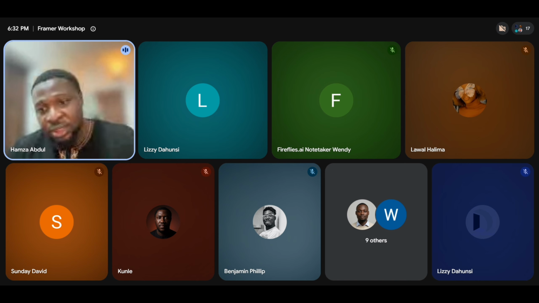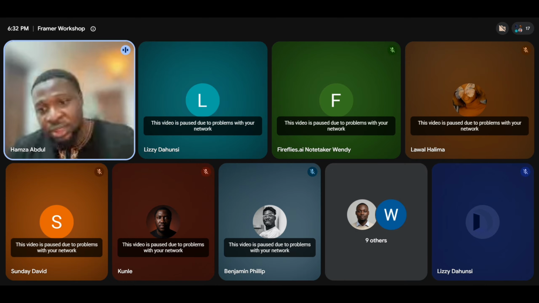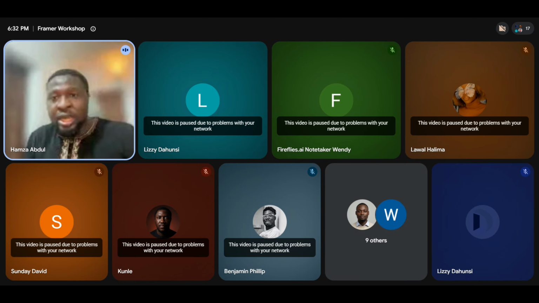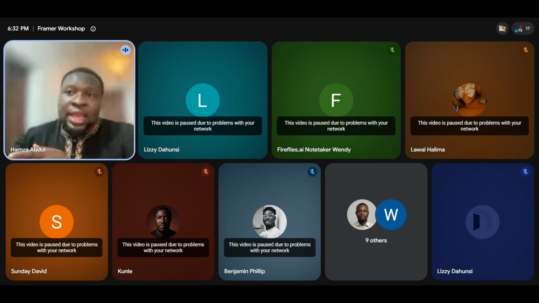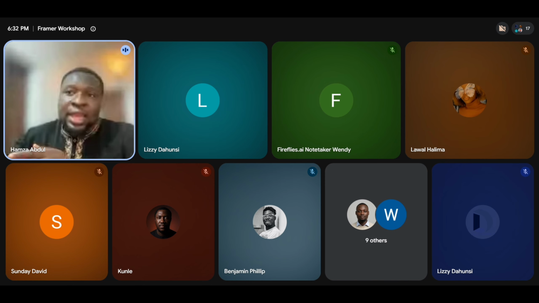All you want to do is just make sure that for each step that you are doing, you are always browsing. You can just browse how to design the website. Then how do I connect Framer to Airtable? How do I connect Framer to Make? How do I connect Framer to LinkedIn? How do I make AI scrape data and show it on Framer? There's a video for it. If there's no video for it, there'll be a documentation for it, right? People are doing crazy stuff out there. So don't limit yourself, be open-minded, and go and build amazing things out there.